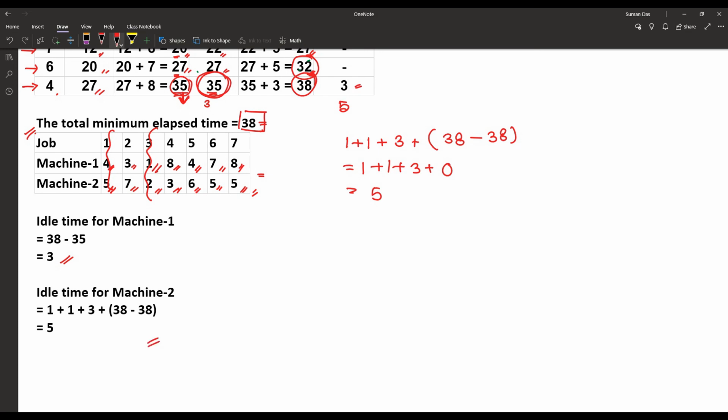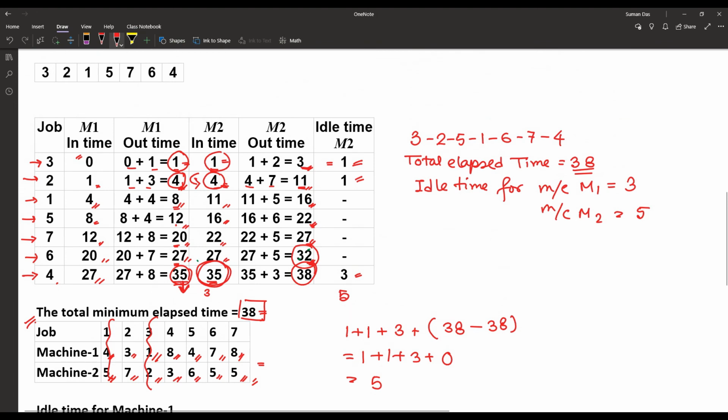And that is how we can find the total elapsed time and idle time using Johnson's algorithm. We can also find the sequence, but once again we have already compared that there is no hard and fast rule for the job sequencing for the same or tie minimum processing time in machine M1 or machine M2, and we are comparing with machine 1 and 2 respectively for the larger processing time or not.